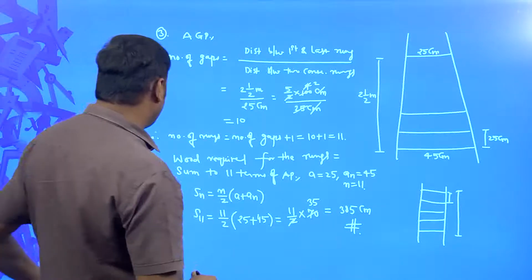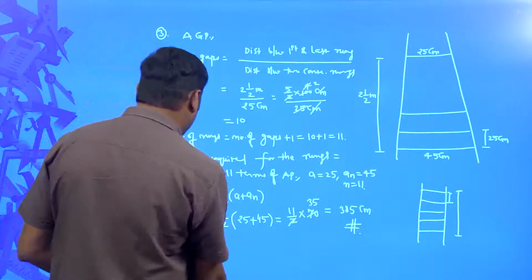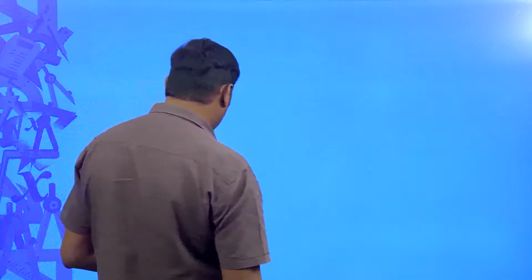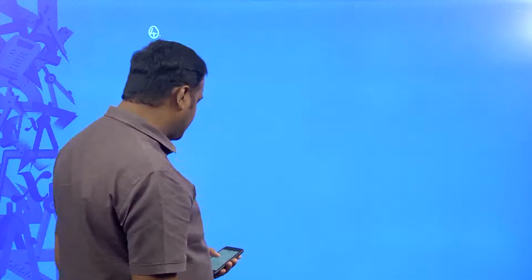So, moving on to the fourth problem. This fourth problem is more interesting than the third problem. So, what is the problem given? Please listen carefully, and when you check the problem from the textbook, you will have to understand clearly. The problem given here is: the houses of a row are numbered consecutively from 1 to 49.